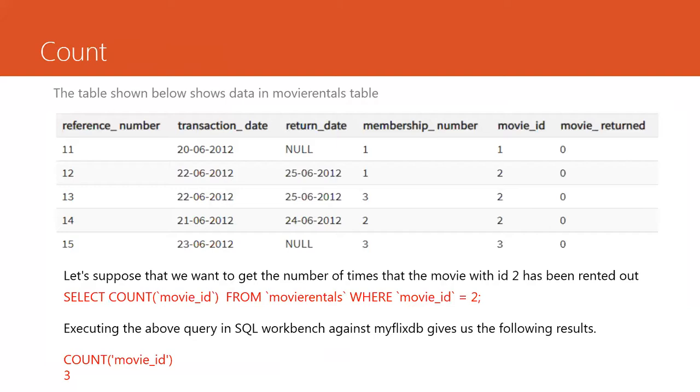The query is select count movie ID from movie rental where movie ID equals 2. Executing the above query in SQL Workbench against MyFlix gives the following result. Count is 3.